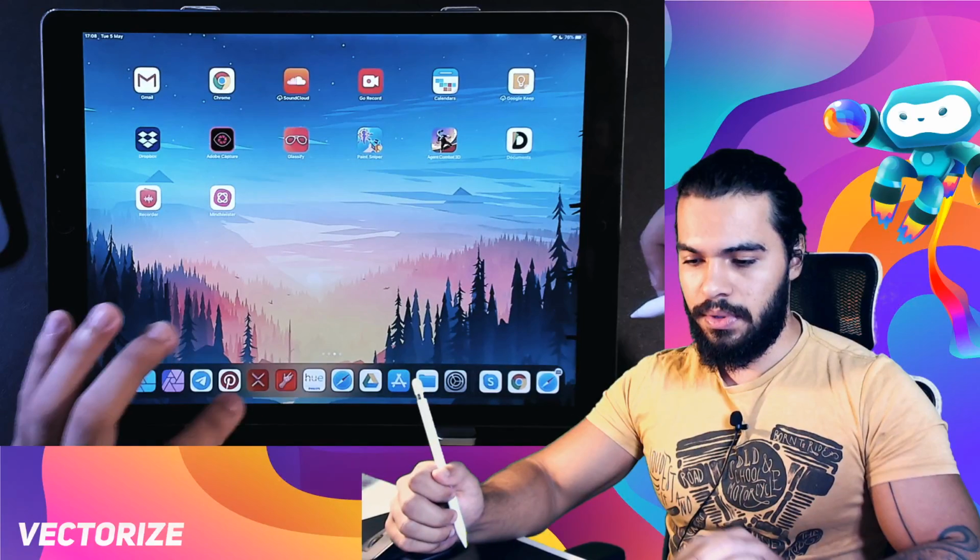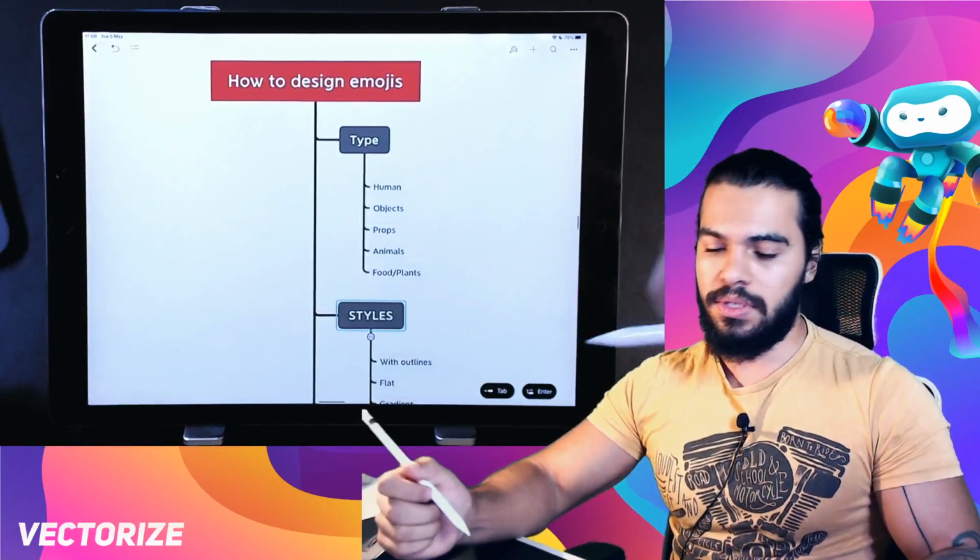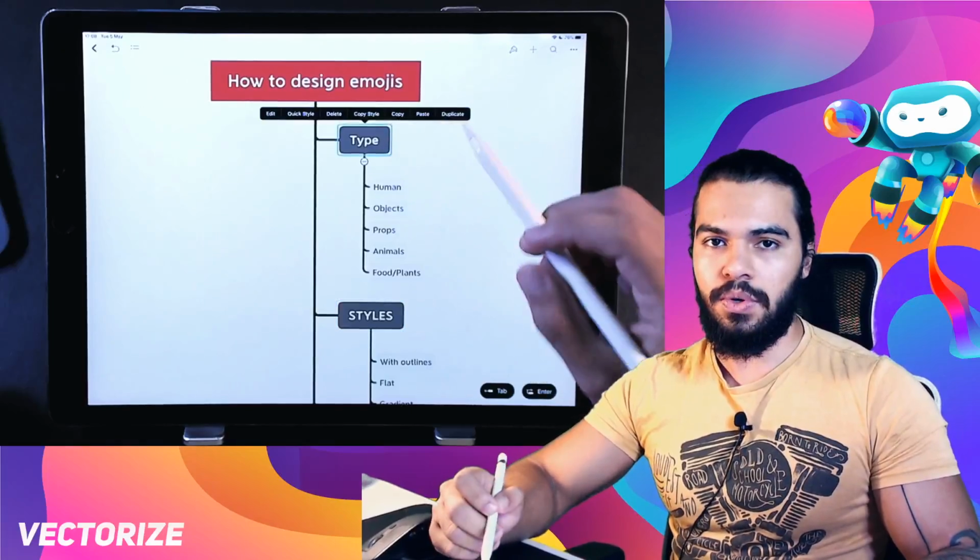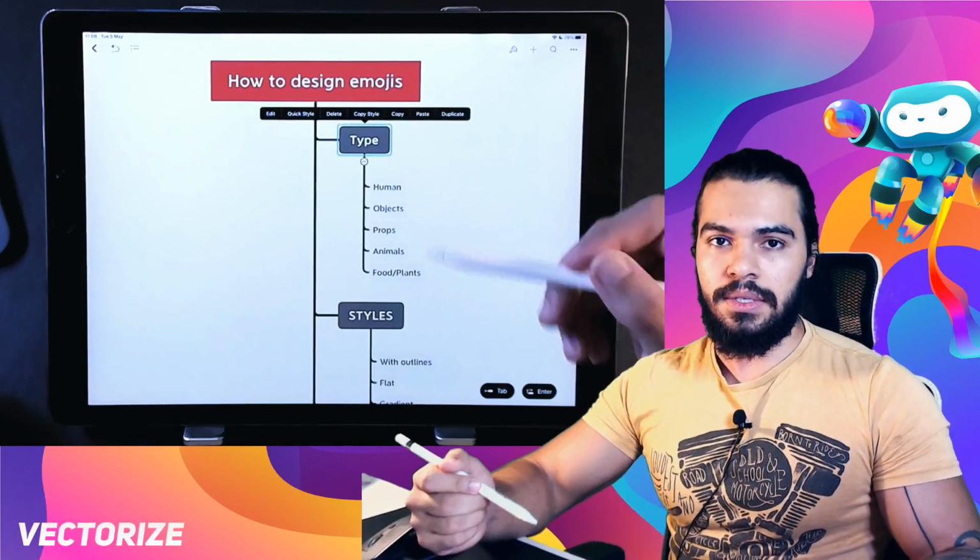This is our lesson, how to design emojis, and here I explain to you the types that you can bring